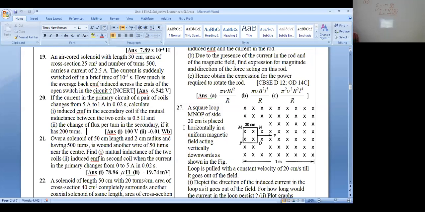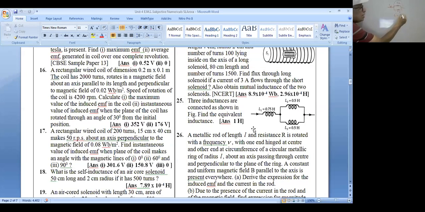I'm not getting any answer whether it's okay or not. The combination can be written as L dash, suppose L2 L3 upon L2 plus L3, just like the formula of resistance in parallel. Similarly, these can also be treated as resistance, although they are inductance. So the formula for this inductance is L2 L3 upon L2 plus L3, and this is in series. So finally we can say here the equivalent inductance is L1 plus this. If there is no mutual inductance, then it is a very simple question. Put the values L1, L2, L3, you get the answer.